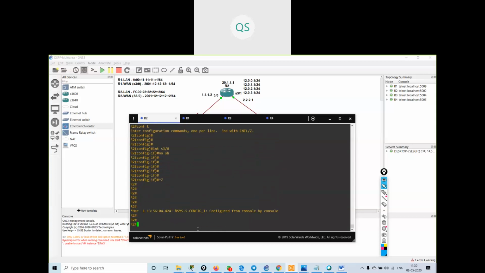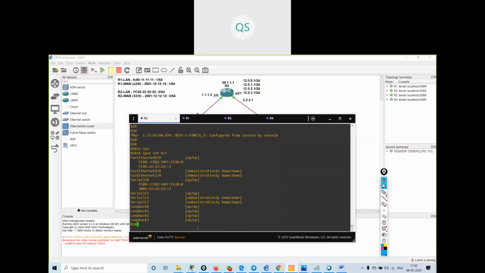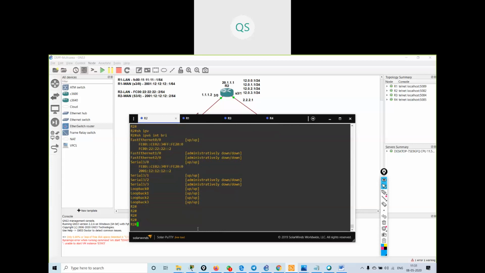Now if I want to check the IP addressing, I can use show ipv6 interface brief. Once I give this command, I will get the IPv6 addresses that I have configured. Understood? Now, if I try to ping my other WAN connected interface, 2001:12:12:12::1, I'll be able to ping.